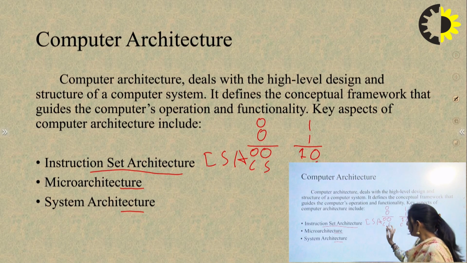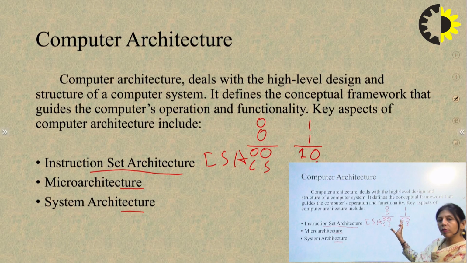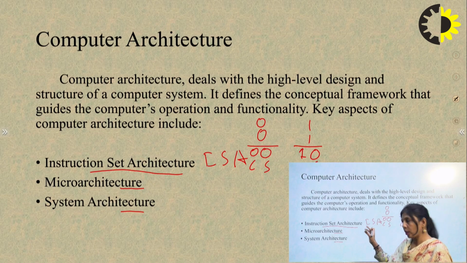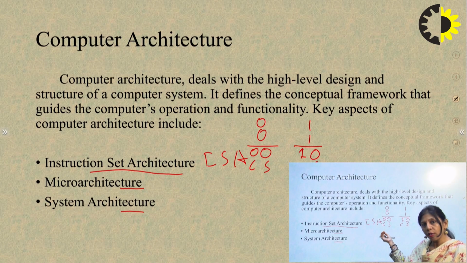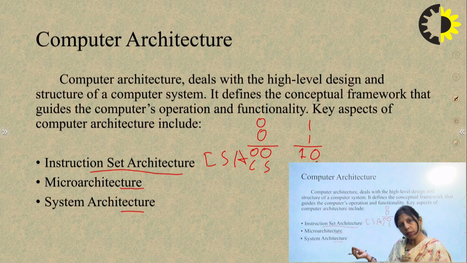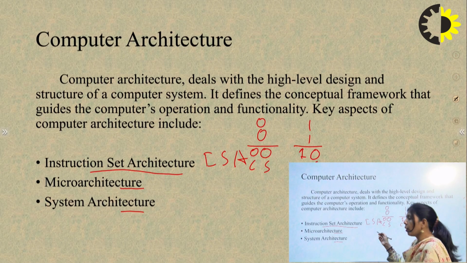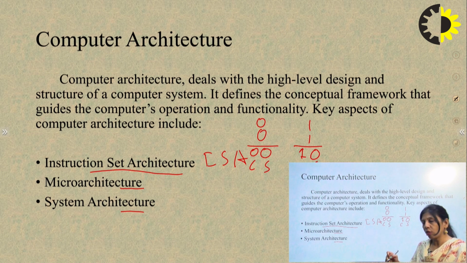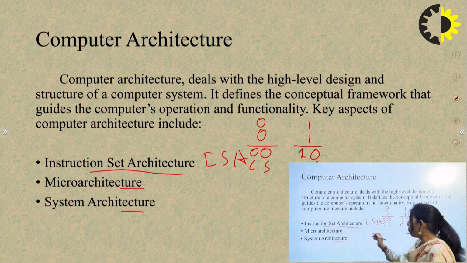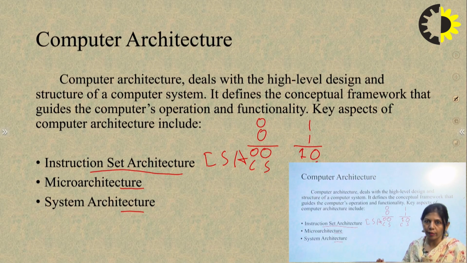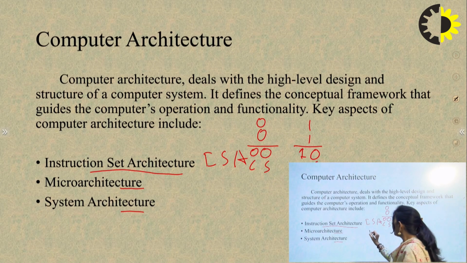But this is the requirement. This is the part of the computer architecture, that what needs to be done. We need to add two bits, right? We need to add two bits and we need to have the values of carry and sum. But if we talk about the computer organization, then our answer should be how are we going to achieve it? Suppose we have the universal NAND gates with us. Then what will we do?